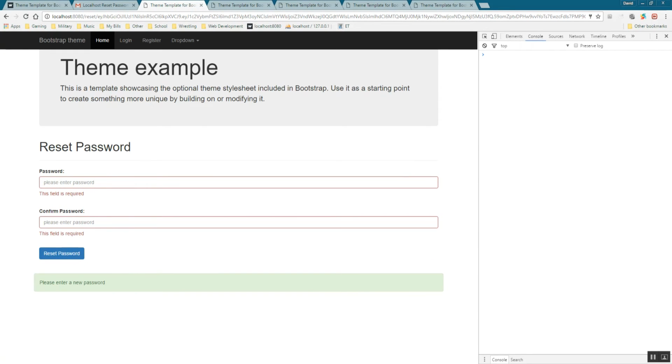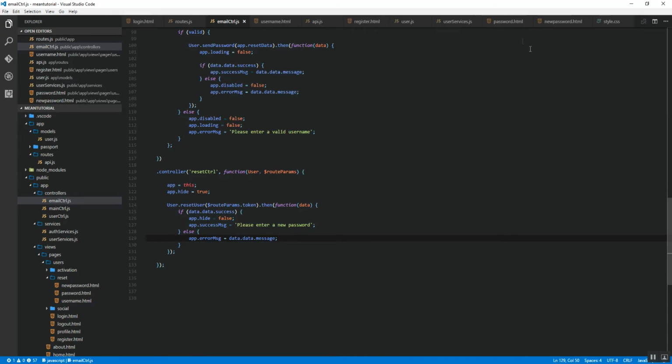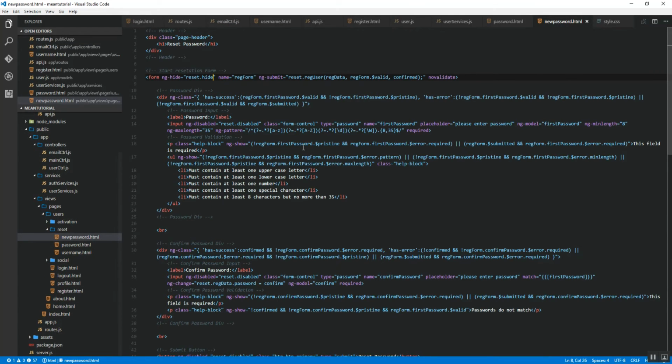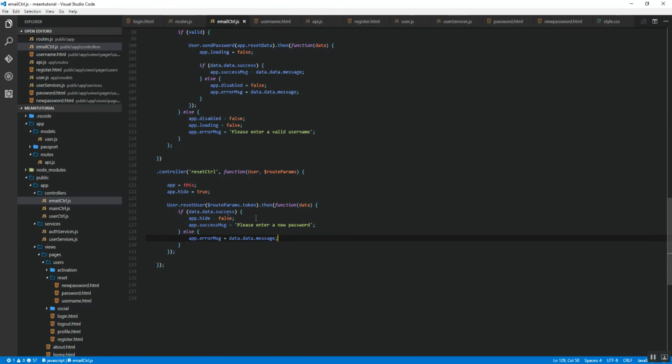And so before I forget, I want to make sure that I do this. Go back into the new password HTML page, and you'll see here where it says reg data valid and confirmed, right? So this, if the form is valid, if these two inputs are valid, and then also if passwords match. So in the controller, you can specify those two, right? So we can say,